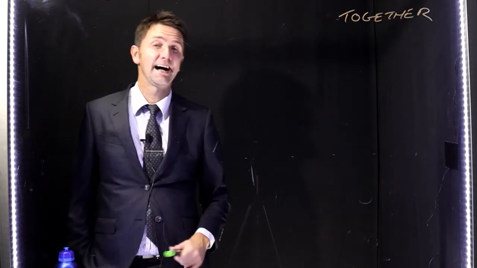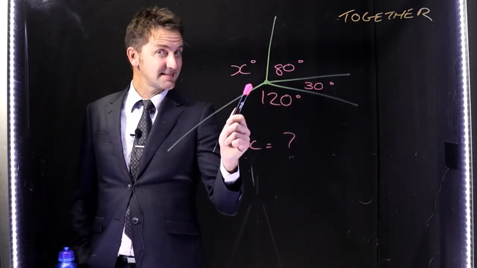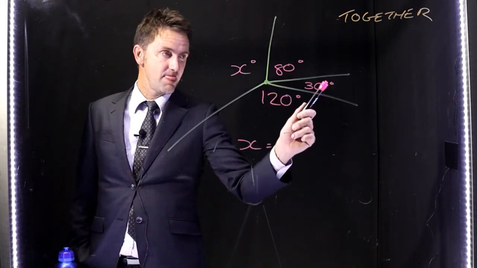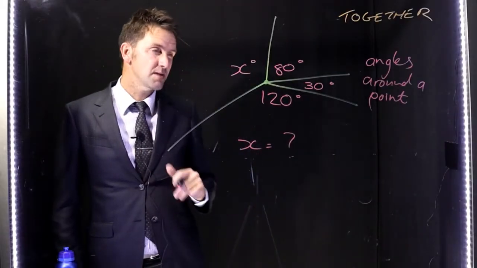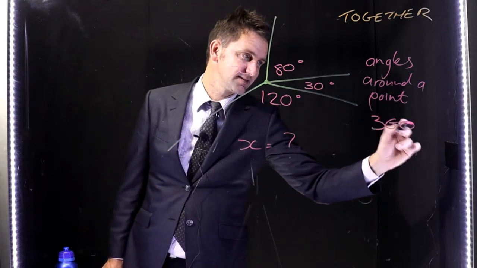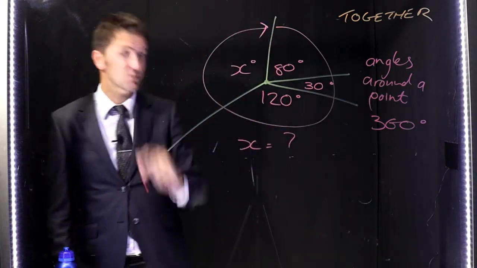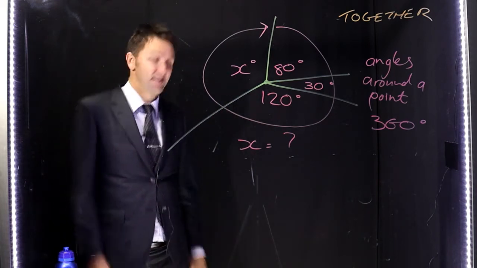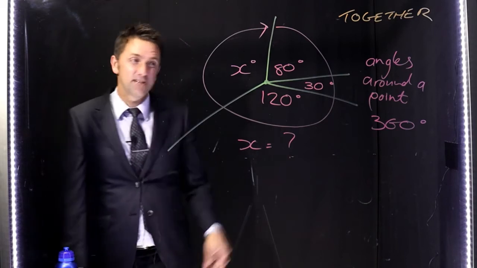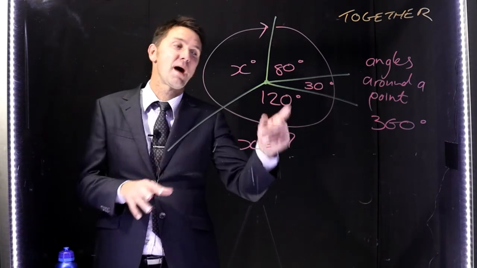Okay, hey, let's do one together. Look, here's some angles around a point. So here we go. Look, you don't know what x is, but you know this is 80, this is 30, this is 120. You know that angles around a point equal 360 degrees, which is the same as saying a revolution angle equals 360 degrees. Knowing that, how are you going to work out what x is? Let me help you out. Do you think you'll add up all of these? Yes. Do you think you'll then take that away from